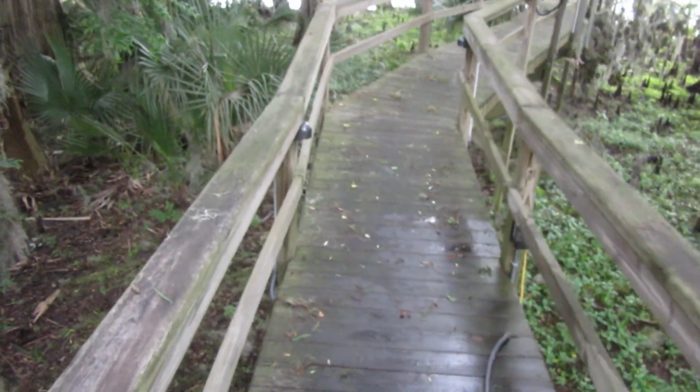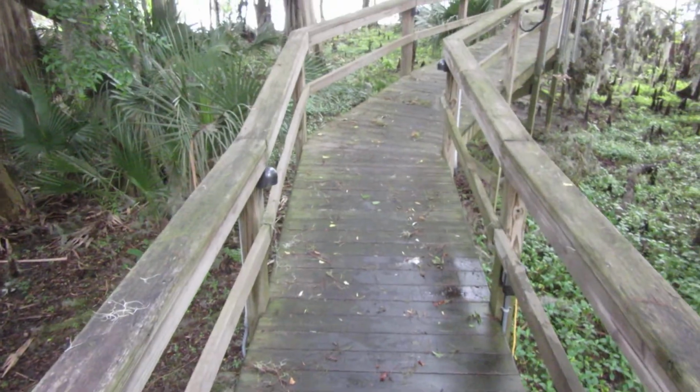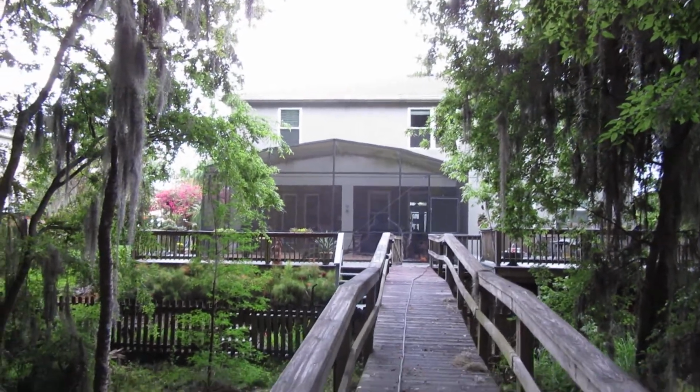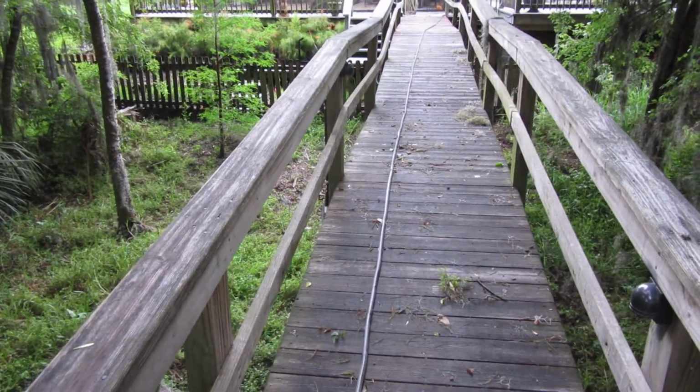We're here in Winter Springs, Florida at the Eastman residence. And we're going to be painting the entire exterior of this house here. Nice big two-story. And we're going to be staining